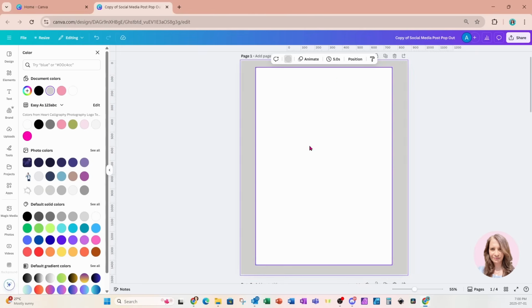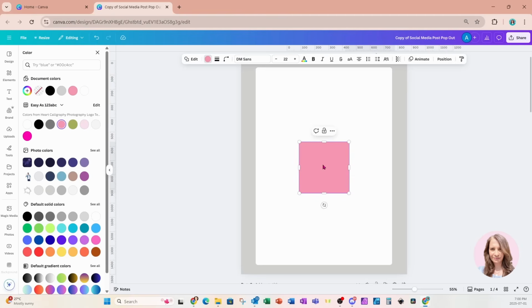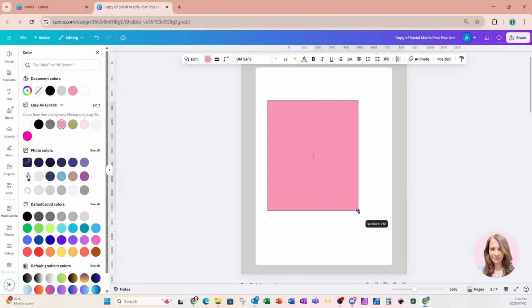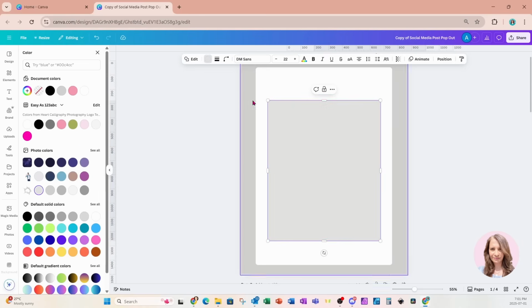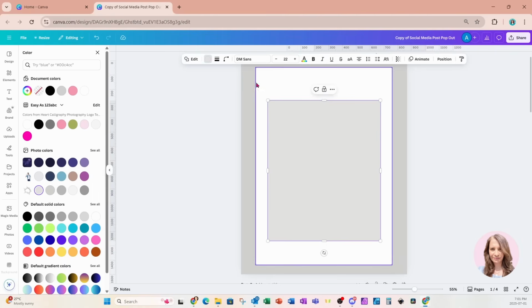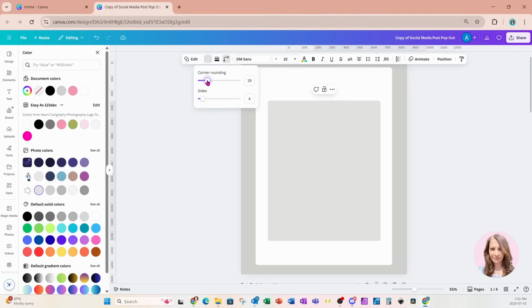I'm now going to grab another rectangle, so I'll press R, and I'm going to place this rectangle in here, and I'll bring it down because I want to mimic a Facebook page or post. And for that, I'm going to change the color to a lighter gray, maybe that color right there. And I'm going to slightly round the corners there as well, just ever so slightly, like that. So maybe